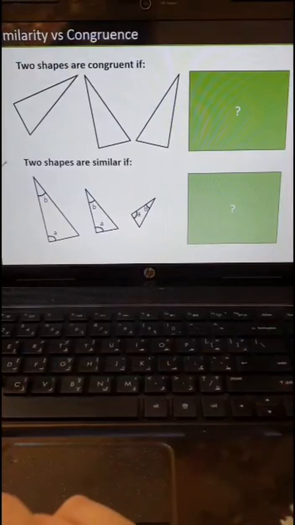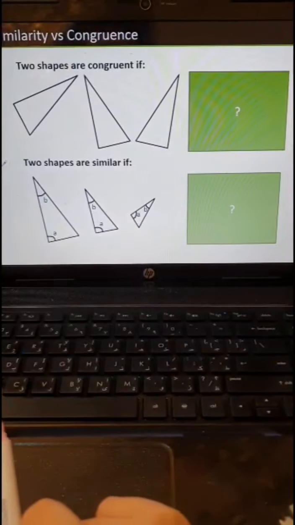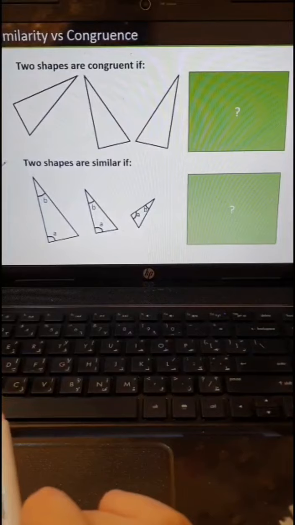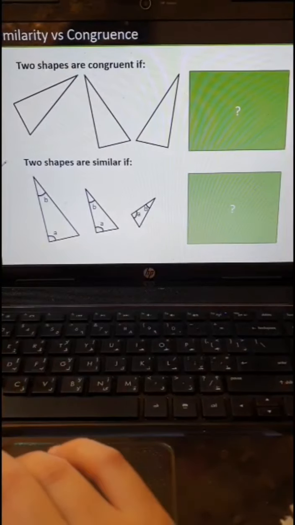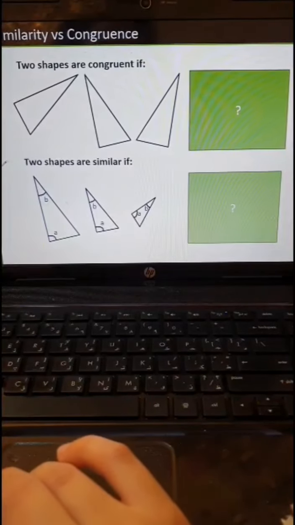Good morning, everybody. We're going to start today a new lesson. We're going to talk about the similarities. We need to differentiate between two things. When we can say we have two triangles and they are congruent, and we have two triangles and they are